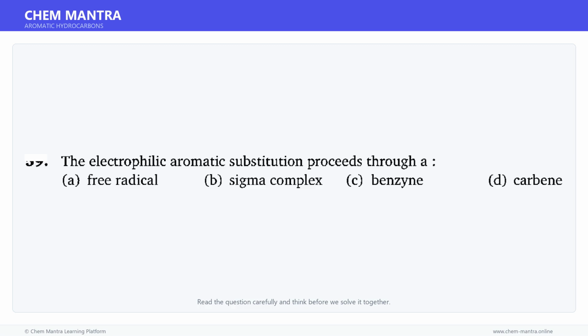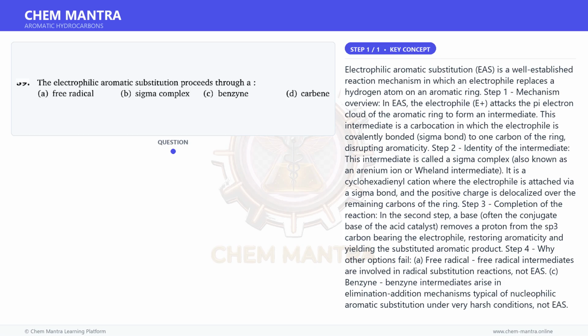Here is a question. Read it carefully and think about the answer. Let us solve it step by step. Let us first understand the key concept here. Electrophilic aromatic substitution, EAS, is a well-established reaction mechanism in which an electrophile replaces a hydrogen atom on an aromatic